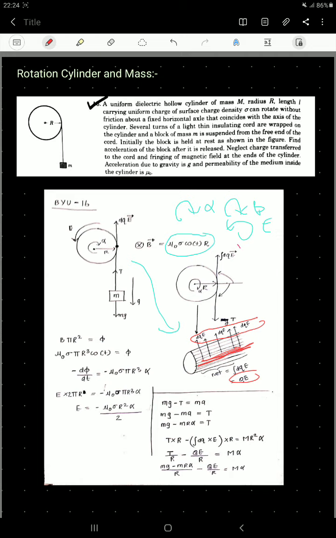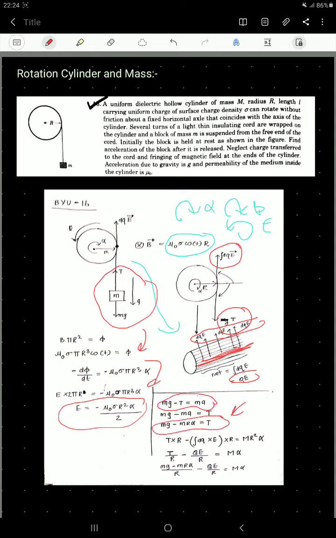So this dqE will produce a torque which will oppose alpha, and tension would produce a torque that would support alpha. So here I will write the net force equation and net torque equation, and I just want the value of electric field. For that I need to differentiate the flux. So the value of electric field could be calculated from this method. You can just visit it, and mg minus T would be equal to ma. So T is equal to mg minus mr alpha. This is the NLM equation. This is the torque equation.